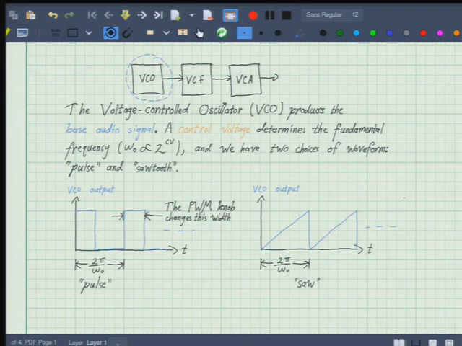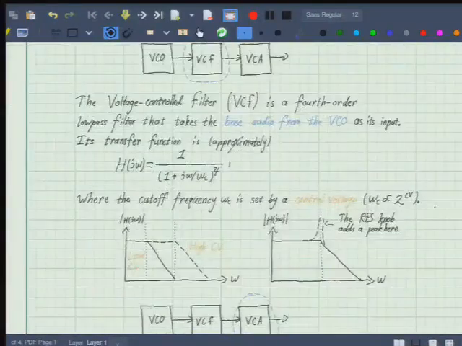That other one, the sawtooth wave, I don't believe we've looked at in this class, but it's not too much of a jump from a triangle wave or a pulse wave. But we'll see it behaves a little bit differently in a way that ends up being musically interesting. So that's all that's going on inside of the VCO. So the next part in the audio chain is the voltage-controlled filter.